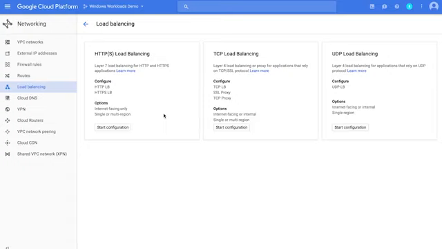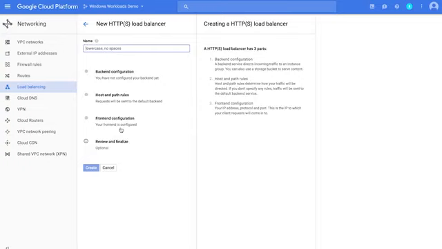Our application isn't using Windows authentication, so I've selected the HTTP load balancer. This provides a global IP address that will direct traffic to a set of machines in a managed instance group that can respond to HTTP requests. In our case, our IIS web servers running our ASP.NET MVC web application.